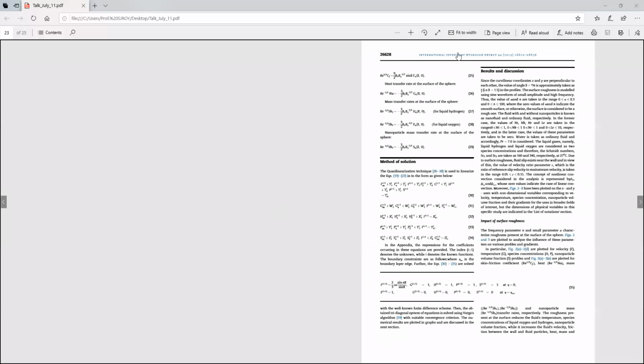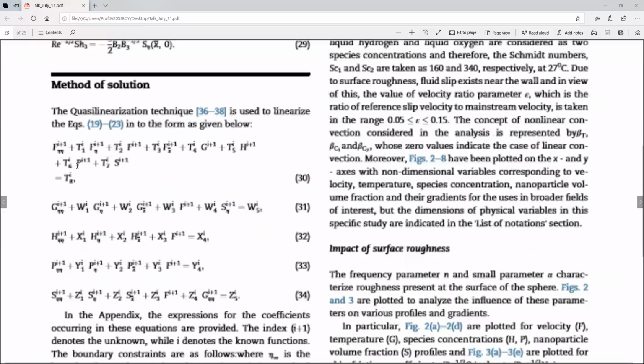If you are doing nonlinear OD, you get a sequence of linear OD. Here, nonlinear PD, you get a sequence of linear PD. That nature is not changing. So nonlinear PD goes to a linear sequence of PD, and nonlinear OD goes to a linear sequence of OD. That's all. The rest of the thing is changed. So the technique is very simple and straightforward. You just try to remember that quasi-linearization technique.